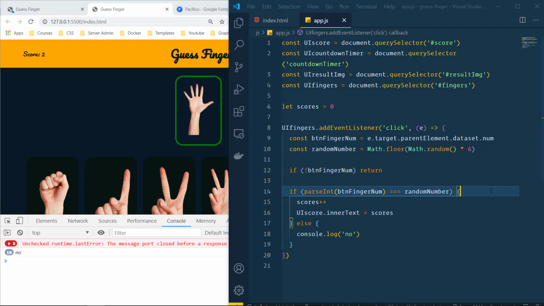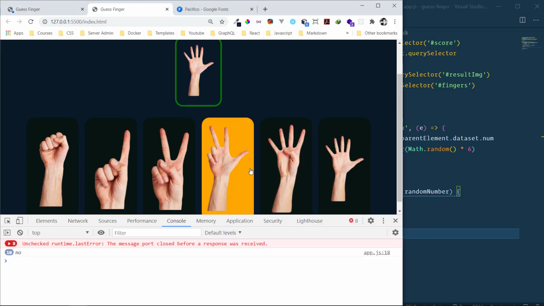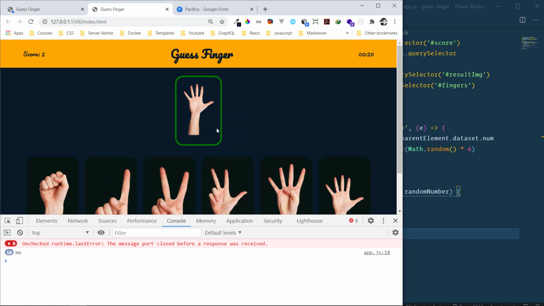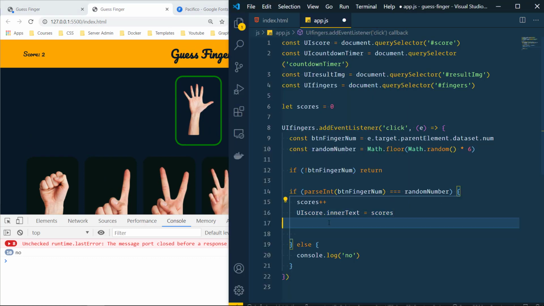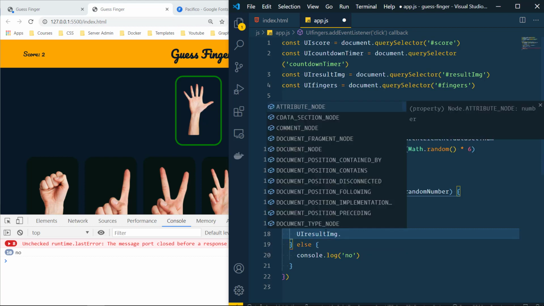Perfect. Okay, so what we need to do next is to show the user what element it was, what image we're trying to guess, like what finger we're trying to guess. We don't want them to feel like they're just clicking without knowing the particular image, right? So we're going to say the UI results. Now we're going to set